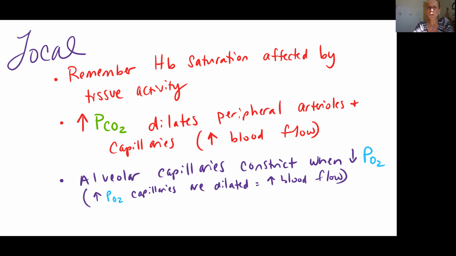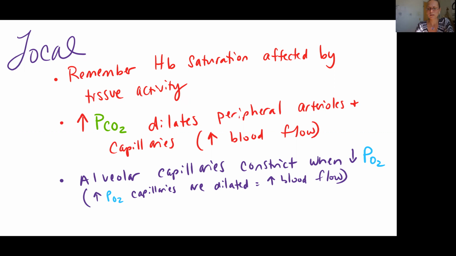In our alveolar capillaries, so now we're located in our lungs, we see that they are actually constricted when our levels of oxygen are low. So what that means is when we have high partial pressure of oxygen, those capillaries are dilated, so we have good blood flow when we have plenty of oxygen